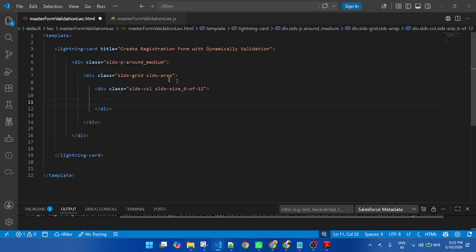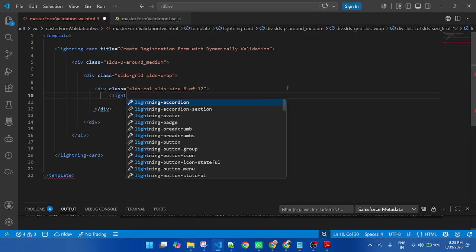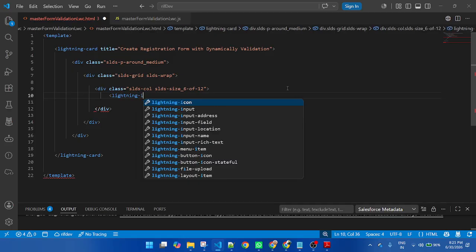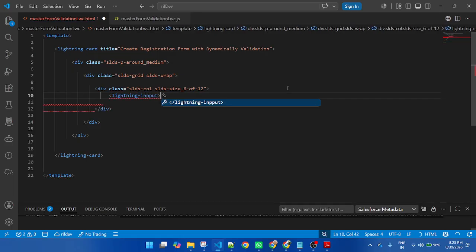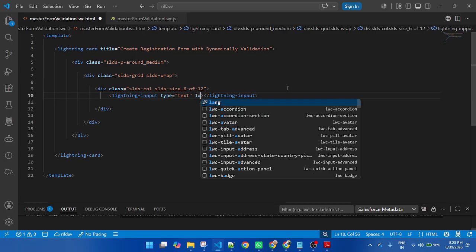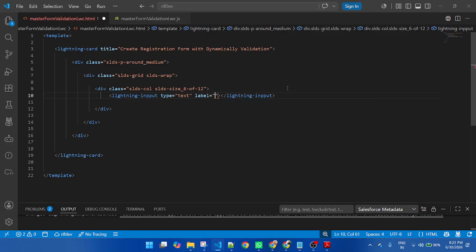So here I am using a grid, so that inside this column I can create a lightning-input field. Lightning-input, type text, label name, and you can use the required attribute.